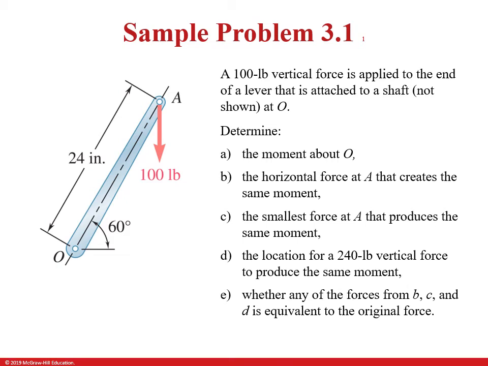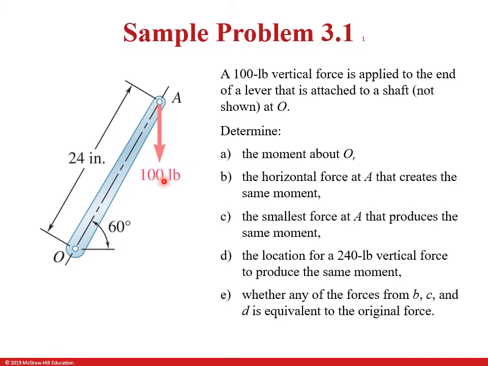All right, this is sample problem 3.1 right from your textbook, and I just want to verbally walk through it in a video for you. So here we have this shaft here, OA, right? It's a lever. So the lever is attached to some shaft at O. So determine the moment about O, and you're given that this has a 100-pound force acting at this point A